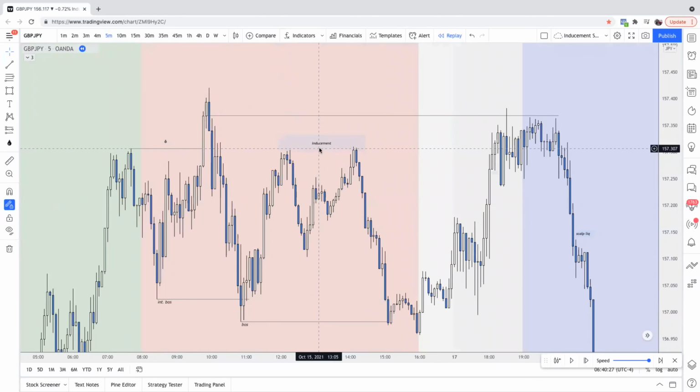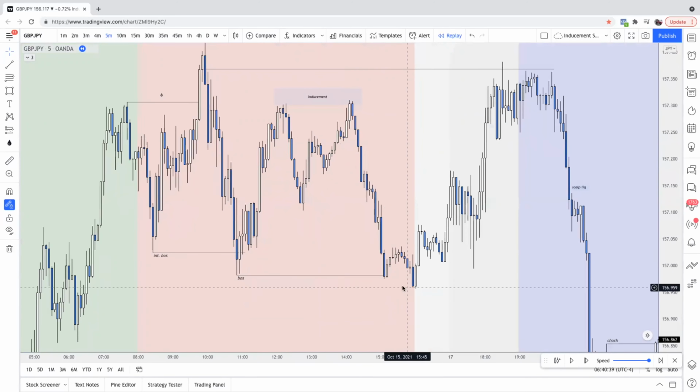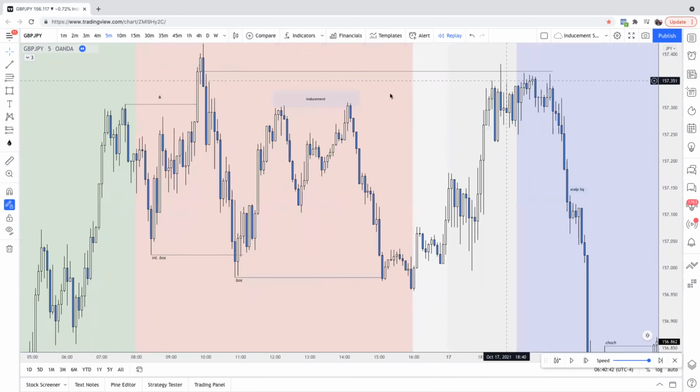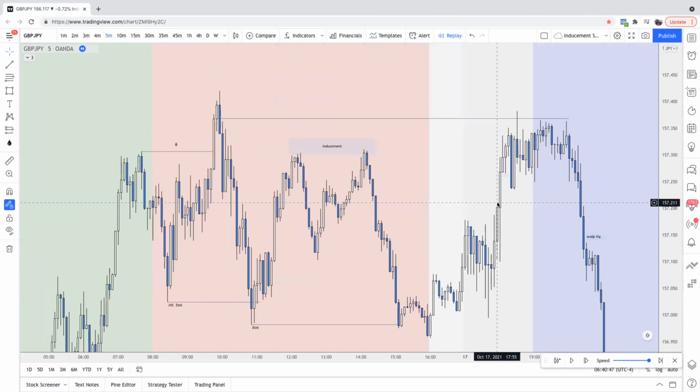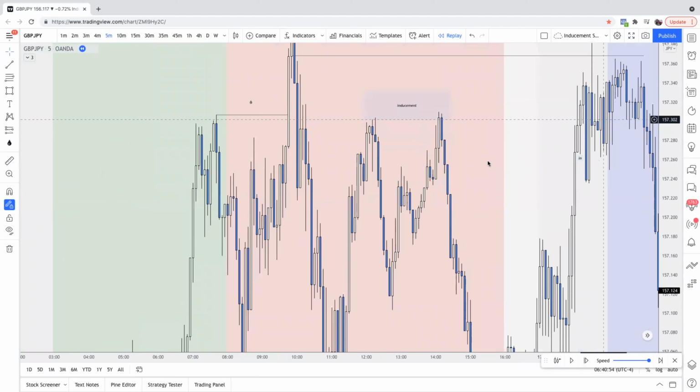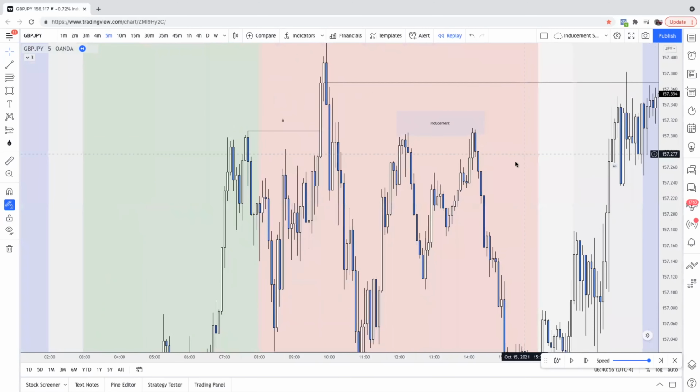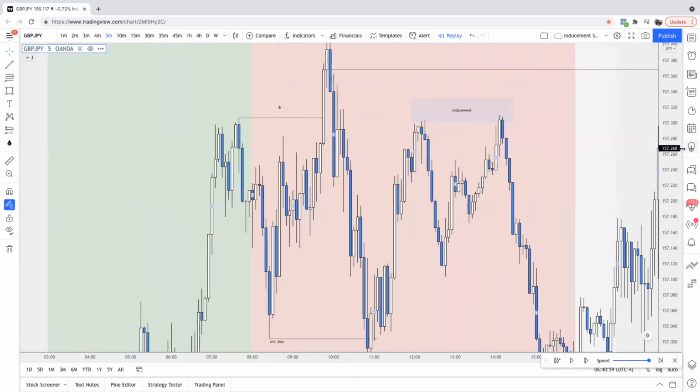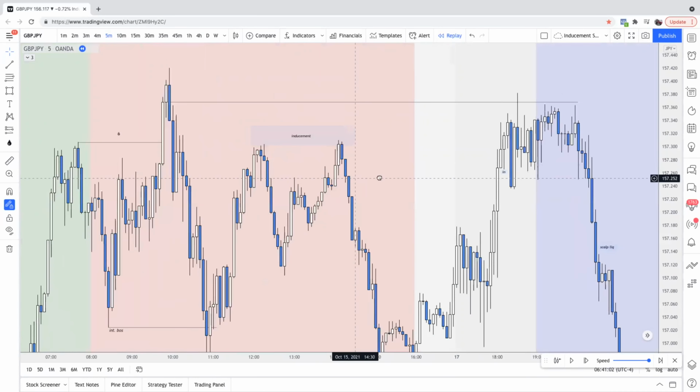Now, inducement. Let's talk about inducement. Inducement is essentially enticing a high to create a low, or enticing a low to create a high, right? Enticing a low to then create a higher high internally to just drive price lower. Now, the thing about inducement is I like to look for inducements at key levels. And what I mean by that is that from this M5 structure, if I look left here,